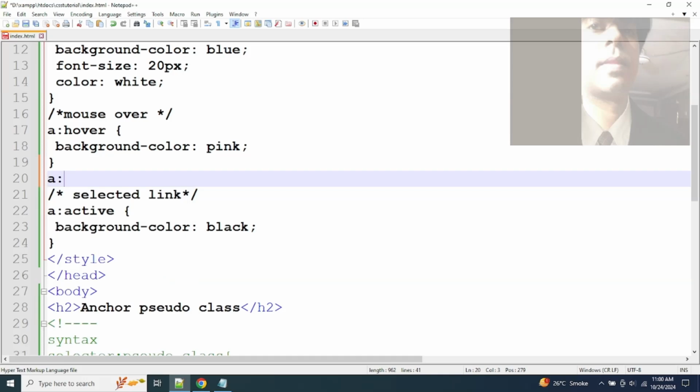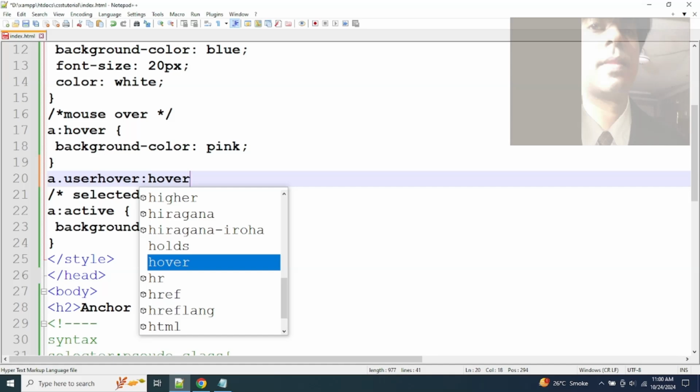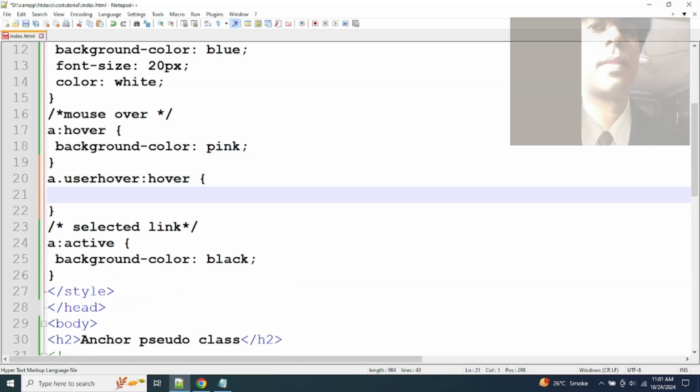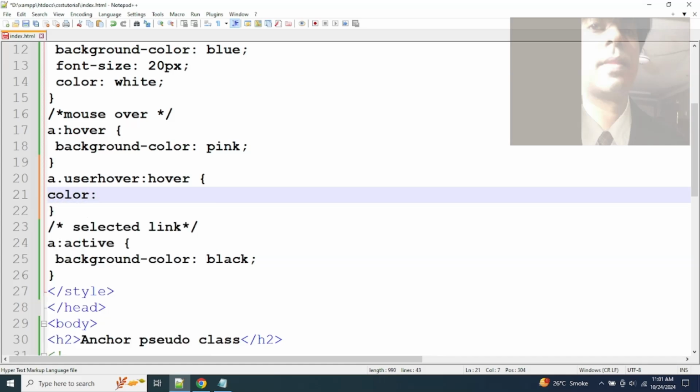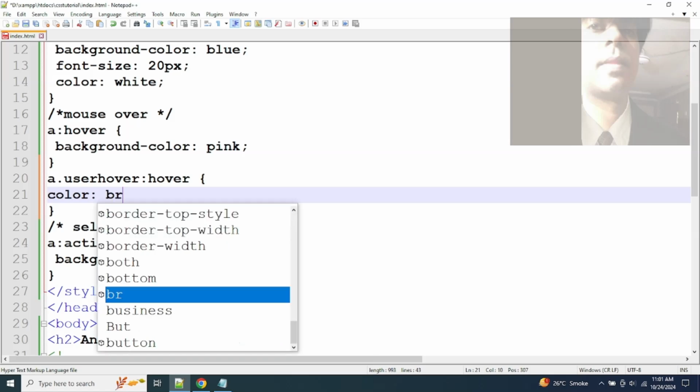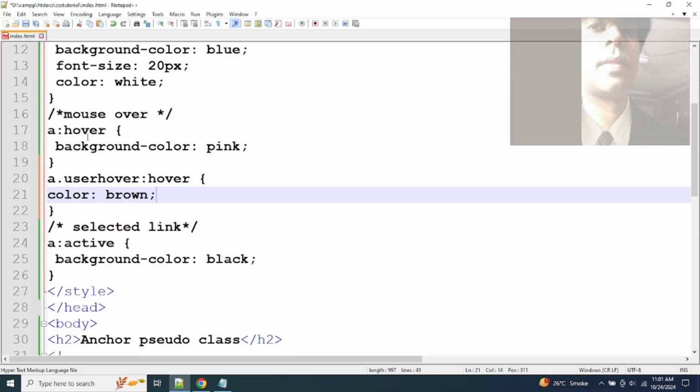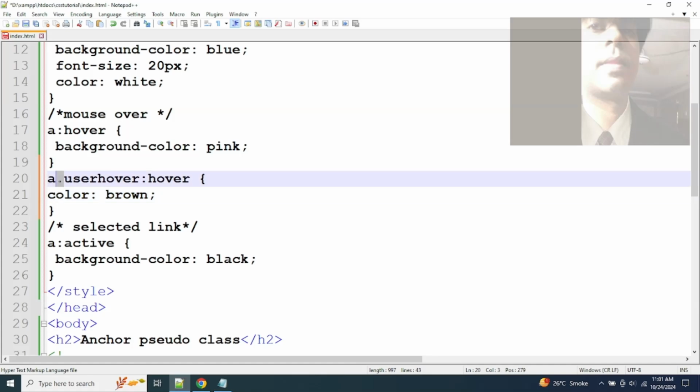So we will use a selector and pseudo classes use, and class selector use user hover, and so after that we will use pseudo class use colon and use hover, open curly braces and close curly braces. In between curly braces we'll use color colon brown, semicolon, and this class selector and user hover selector using